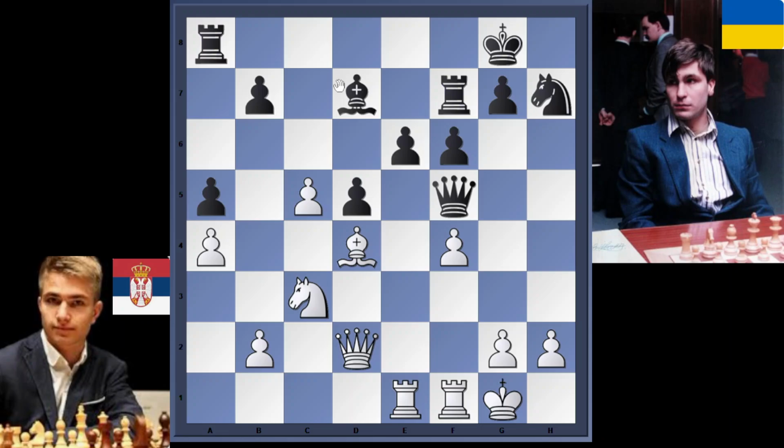So a4, knight f8, and now h3. And again, you'll start to see this play on both sides of the board. So queen h7, knight b5. Now you might say to yourself, knight b5, can't Black just play bishop takes b5 and get rid of the bad bishop? Yes, he can, but